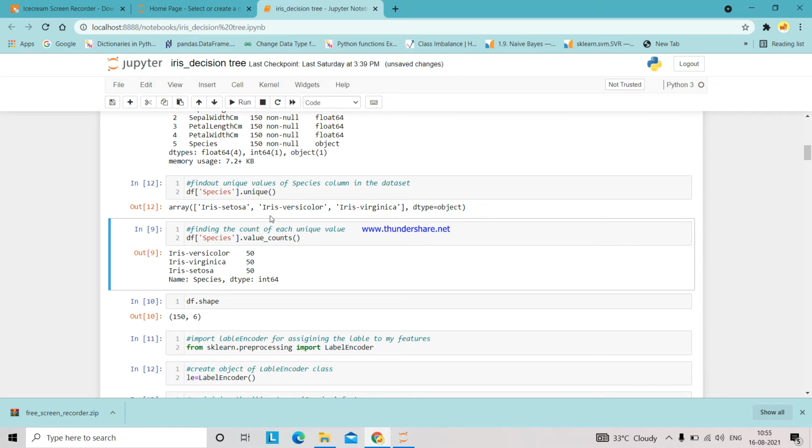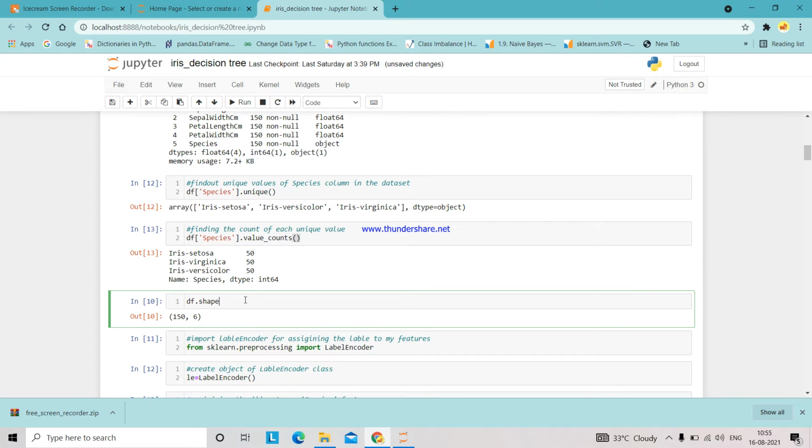These are the three types of values we have. Next I want the number of Iris-versicolor, Iris-virginica and Iris-setosa values. For that I'm using the value_counts function. By using this we know Iris-setosa has 50 rows, Iris-virginica has 50 rows and Iris-versicolor has 50 rows, and the type is int64.